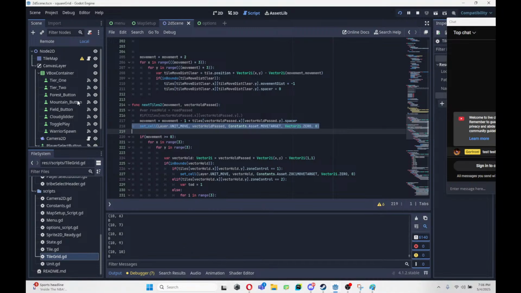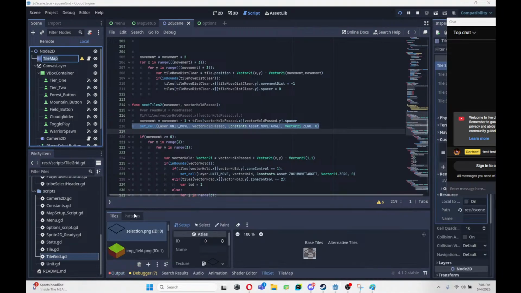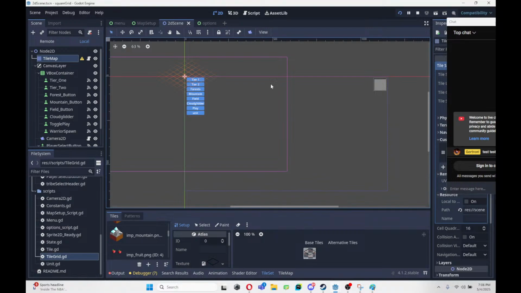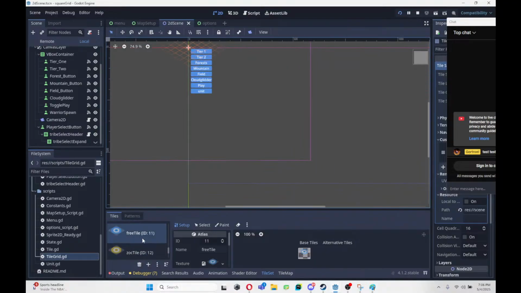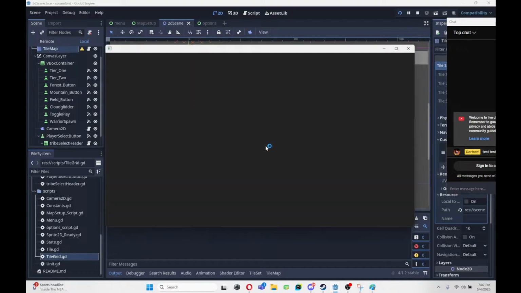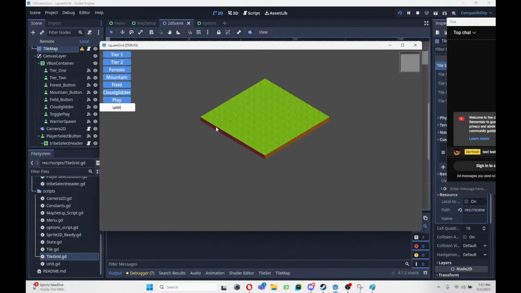it'll set the tile map. We have this tile map that expands over the entire grid. This is part of Godot. It's pretty nice. It'll create the basis of where we place our tiles. And on it, we have these free tiles, zone of control tiles, and zone of control source tiles. That's what you saw when I was playing the program. And you can see when we place it,